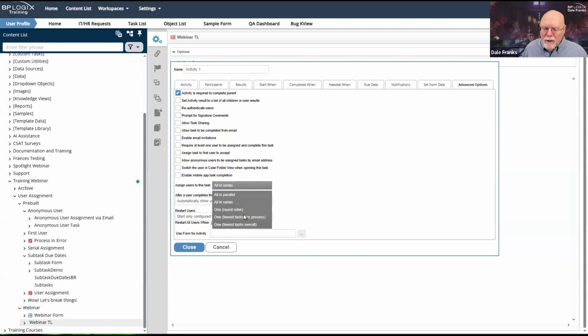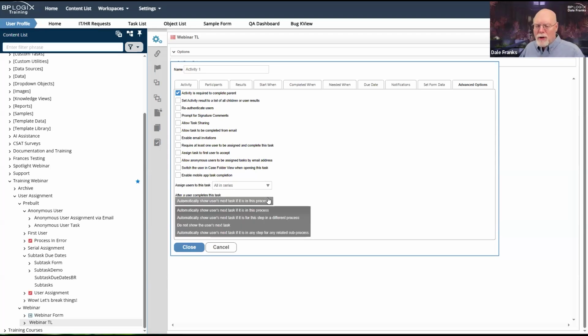Well, obviously the person who has 2 tasks is less busy, so I'll just assign it to them. The only difference between these two is whether I want to assign to the person who has the fewest tasks in the specific process that I'm configuring at this moment, or if I want to take a look at their task list and see who is the least busy person in my list of assignees, and whoever has the fewest tasks, then that's who I will assign this specific task to.